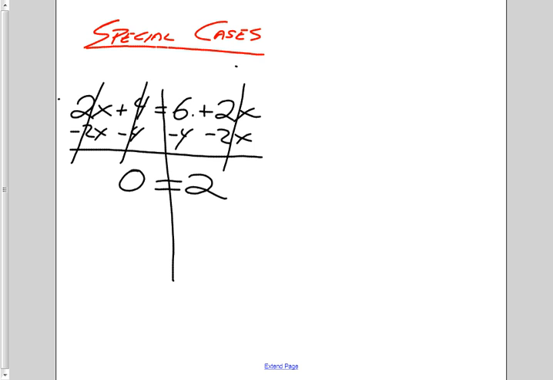That's an issue because I no longer have x equals. This is what's known as no solution. And no solution means there is no value of x that I can plug into the problem and get a right answer. We can go back,